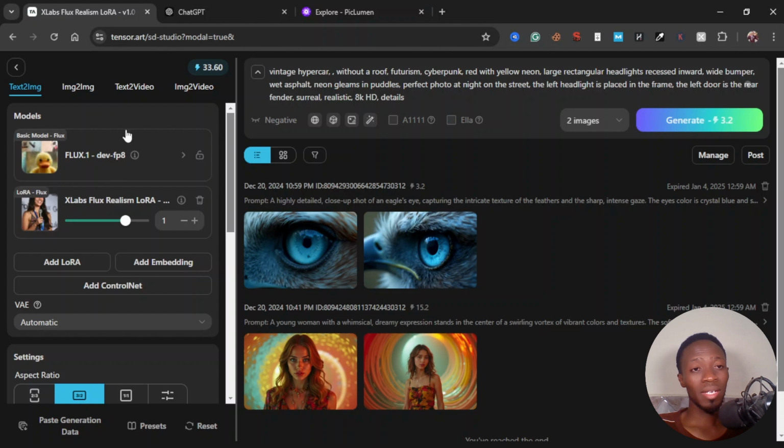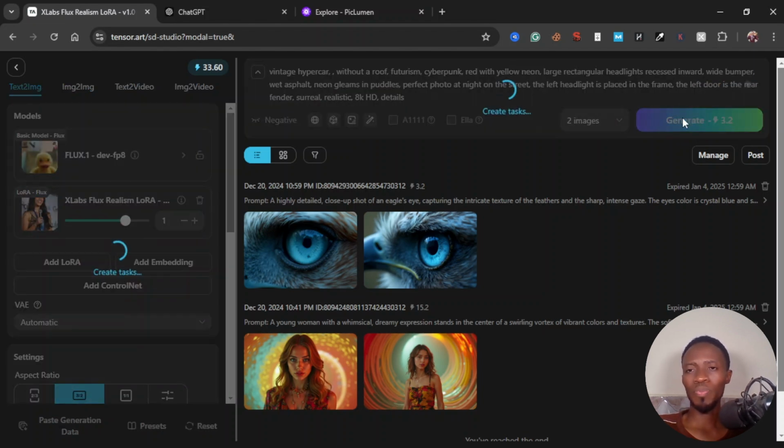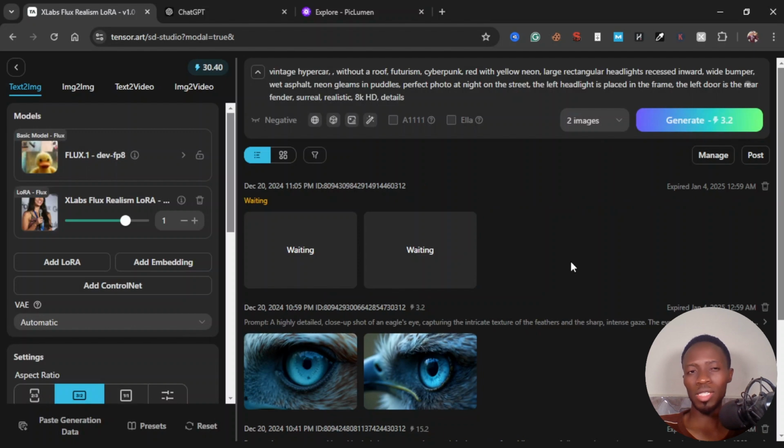And now that we have this, we can just easily generate. The thing about the Flux model is you don't really need to be this detailed with your prompt. You could just tell it a person doing this,